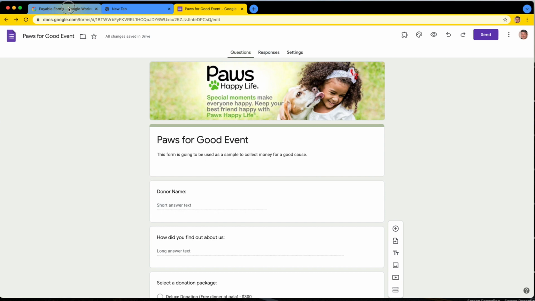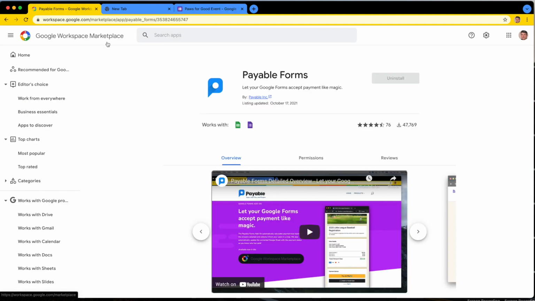So what you're going to want to do is go to the Google Workspace Marketplace. And so just type that in to Google and look for the Google Workspace Marketplace. And then you're going to search for Payable Forms. And this is an add-on that extends the capability of Google Forms to allow it to seamlessly accept